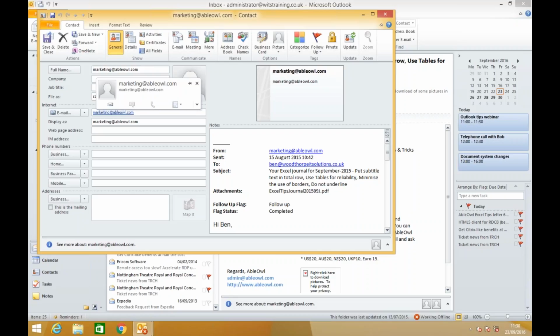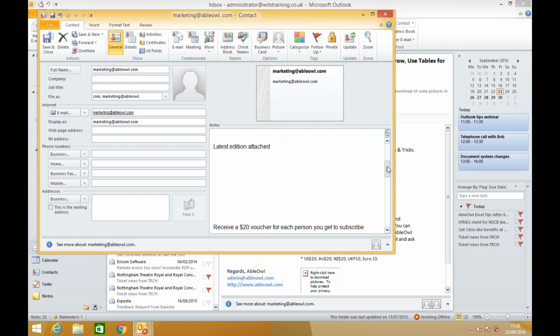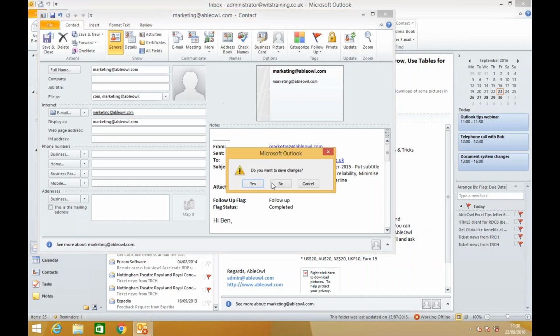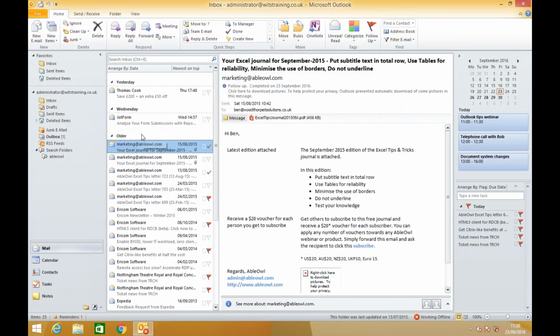Can you see here email address, display as, and then you can populate phone numbers, etc. But really cleverly, it's put the email in the notes. So let's say this was a first point of contact for this person. Well, you've got it against that person in the notes of the email. Okay, so really simple thing, drag and drop over any one of these and it'll create a calendar item, a contact,